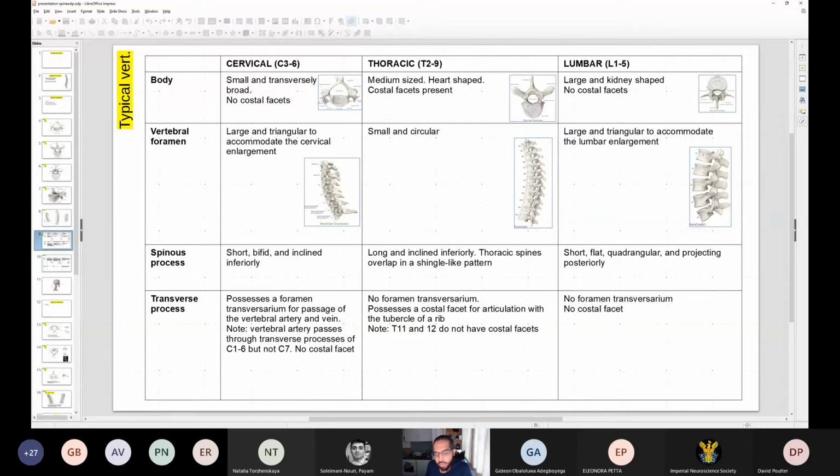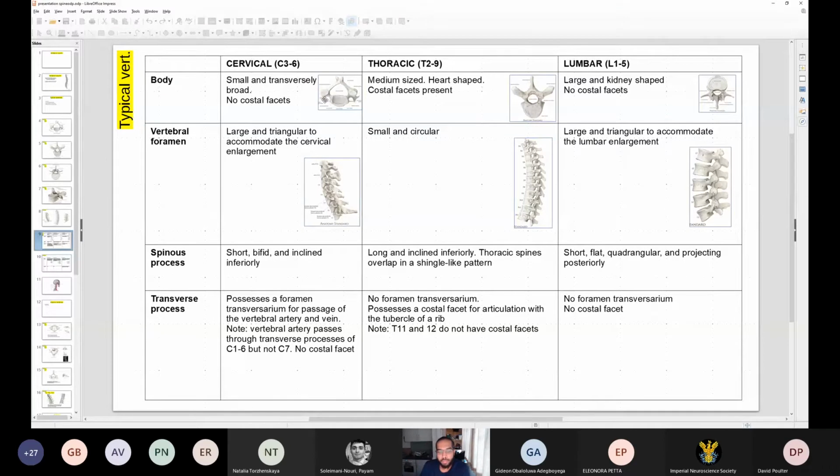So if you have any pathology in this region, any fracture or anything going wrong within the cervical transverse processes, this may affect the vertebral artery, and the patient may end up with neurological symptoms and signs that can be explained by a problem in the posterior circulation. The posterior circulation is supplied by the vertebral artery via the basilar artery,